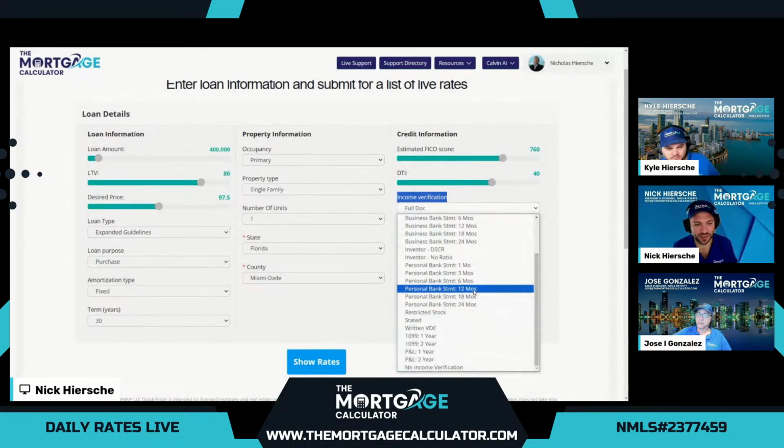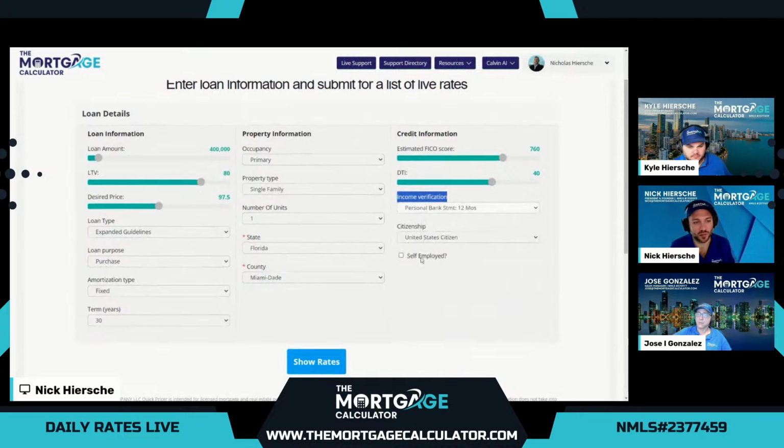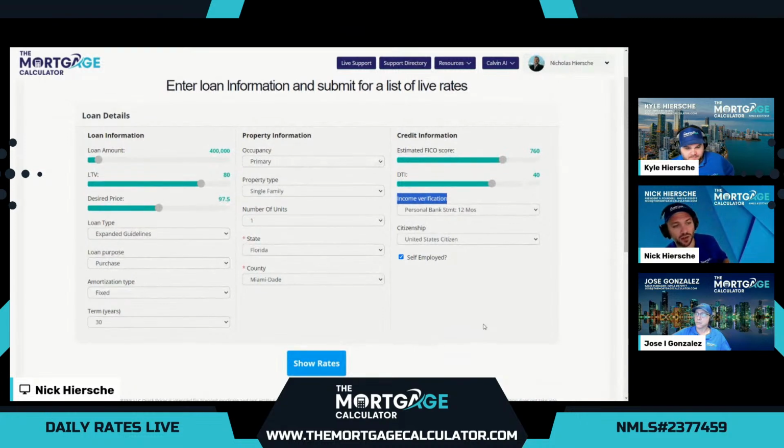But for the live pricing, we always do 12-month personal bank statement, which is our most popular program for our self-employed borrowers. Many times our self-employed borrowers, when they submit tax returns, may not qualify at all, or just may not quite get enough income to get the home they really desire. So we'll solve that problem by using no tax returns at all. Simply use their last 12 bank statements to determine a debt to income ratio of 40% using just the cash in the bank. So typically our self-employed borrowers qualify with double or triple the income using this method.